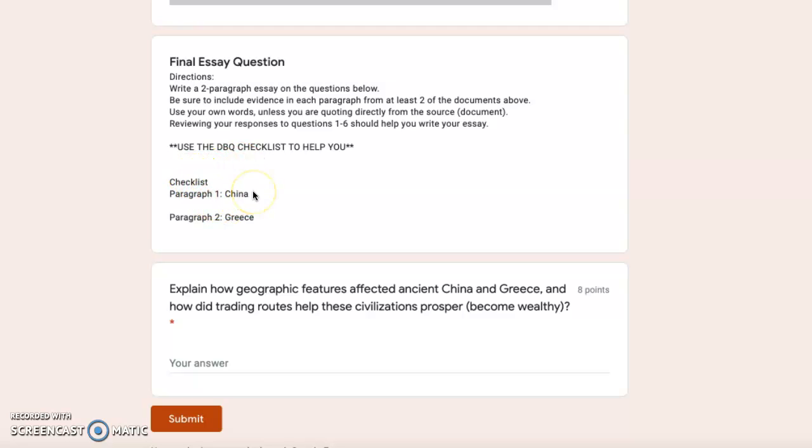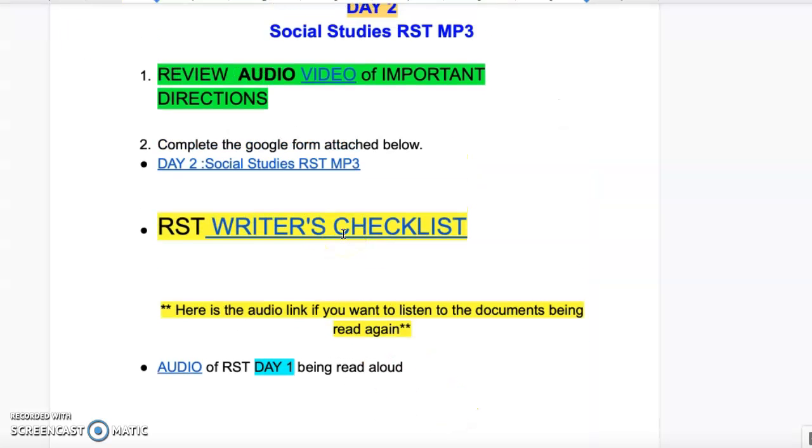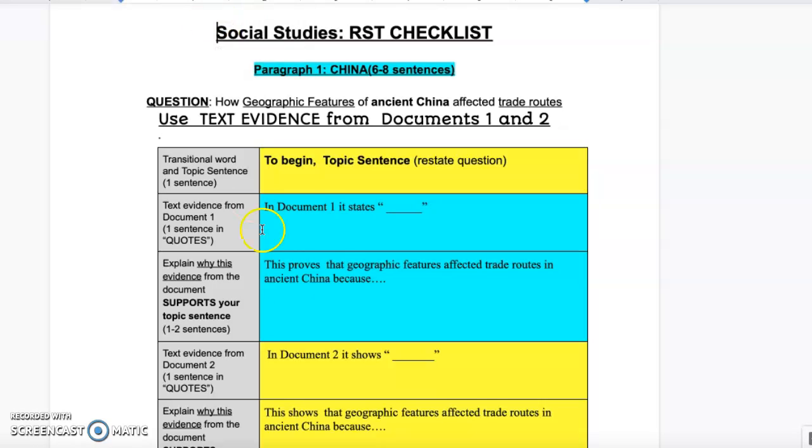So paragraph 1 will focus on China. Paragraph 2 will focus on Greece. The big question is, explain how the geographic features affected China and Greece, and how did trading routes help these civilizations prosper, which means to become wealthy. So if you go back to the document, the next bullet, it says RST Writer's Checklist. If you click on that hyperlink, it will bring you to a graphic organizer to help you develop your 2-paragraph